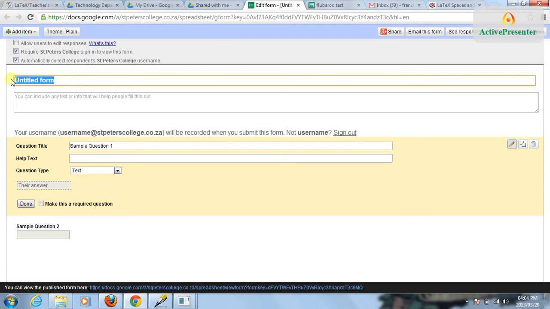Let's name the form. I'm just going to call it star test. I'm not going to include any helping text here, but you could put instructions, anything you like. I'm going to move straight down to the question over here. This is my first sample question. I'm going to just launch straight into questions and say what is